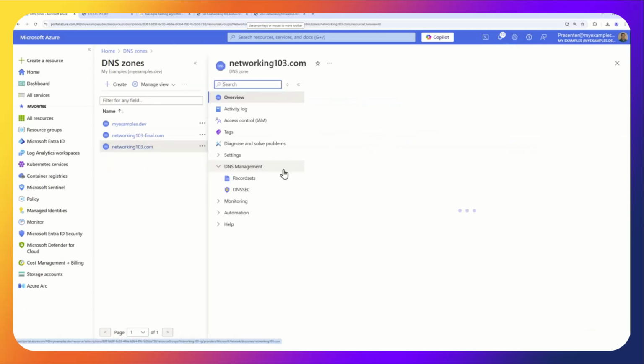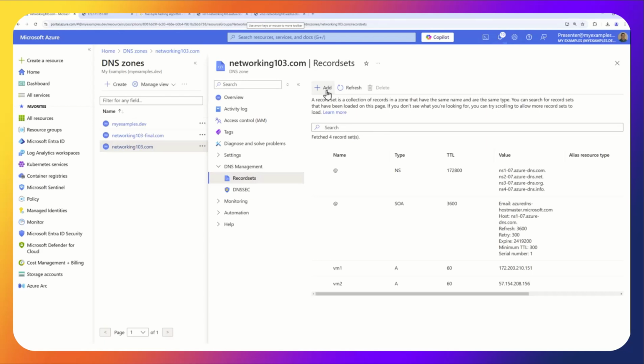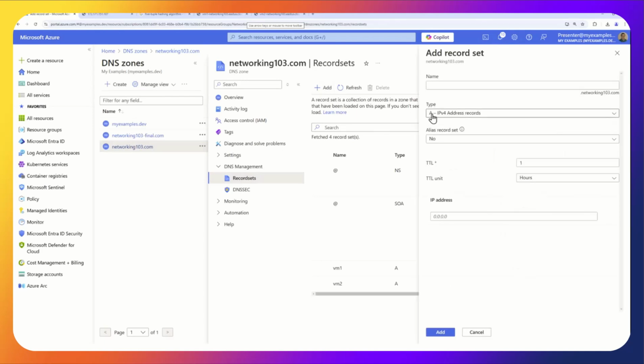And networking103.com. Record sets. I'm going to add a new record set. Again, an A record. I'm going to make it just 1 minute, putting in the front-end IP address of the load balancer. And instead of VM1 or VM2, we'll just call it VM. Or no, you know what? Let's call it LB1 for load balancer. That's what we're hitting.